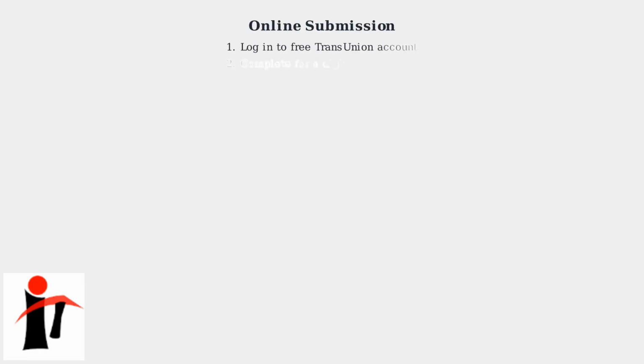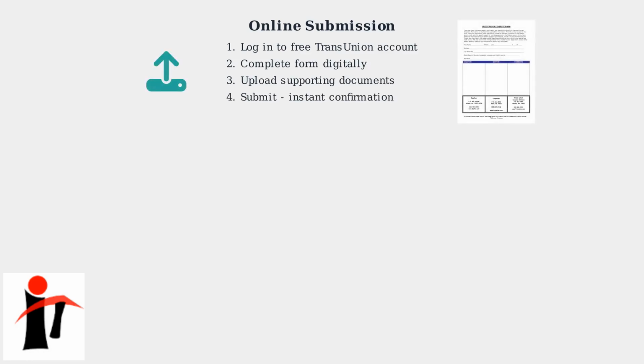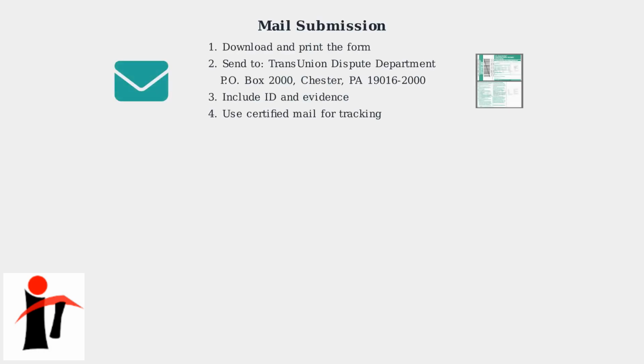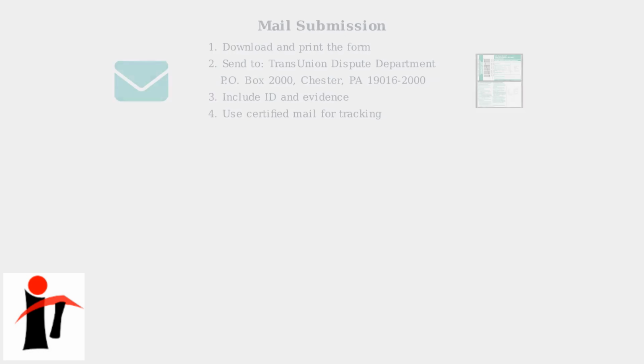Once you've filled out the form, the fastest way to submit is online. Log into your free TransUnion account, complete the form digitally, upload any supporting documents like statements or receipts, and submit. You'll get instant confirmation. If you prefer mail, download the form, print it, and send it to TransUnion Dispute Department,